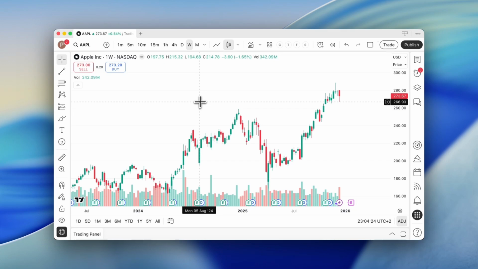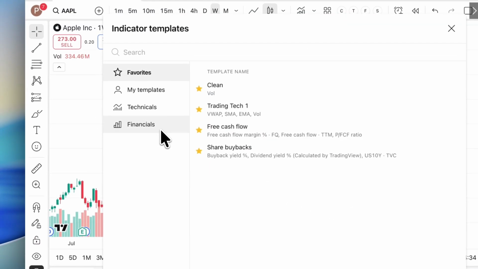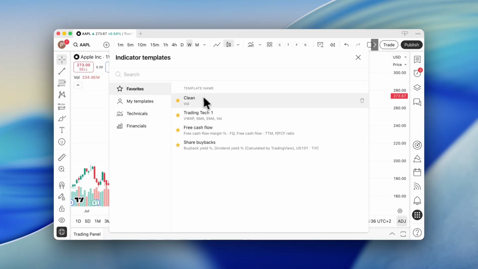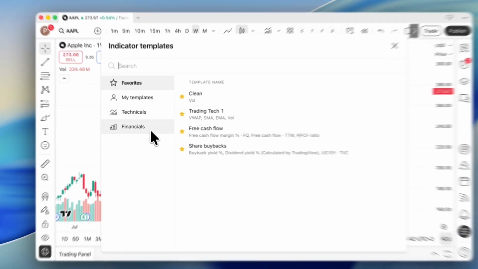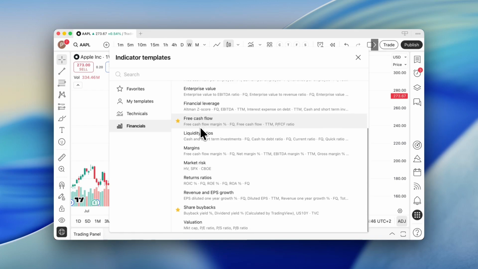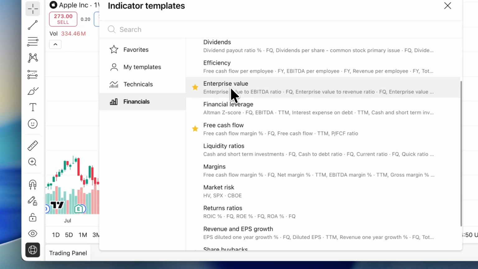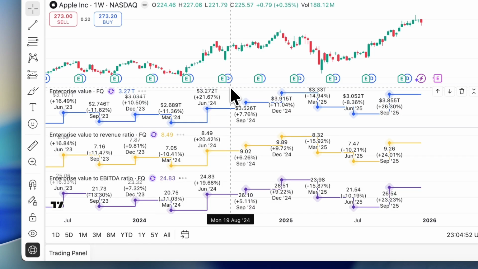But the indicator template tool is not only for technical indicators, it's also for financial and fundamental. So let's go to the indicator templates, open template, and I have here saved free cash flow and share buyback templates that you can find by going to financials. So let's say we want to use the enterprise value template. We click on it here,